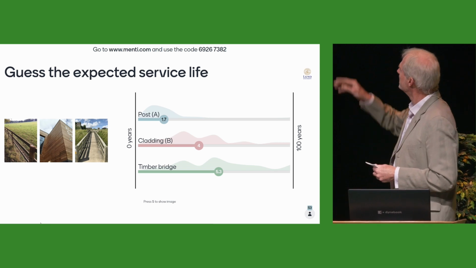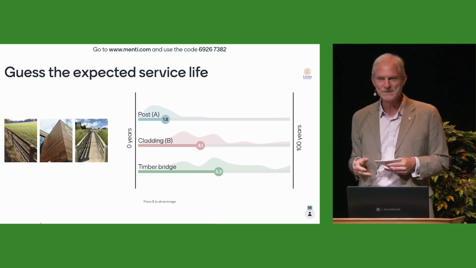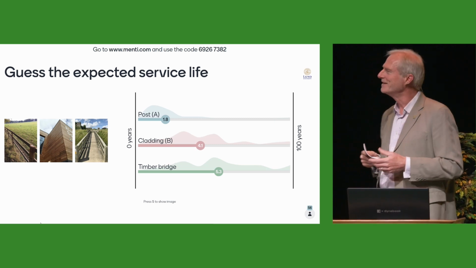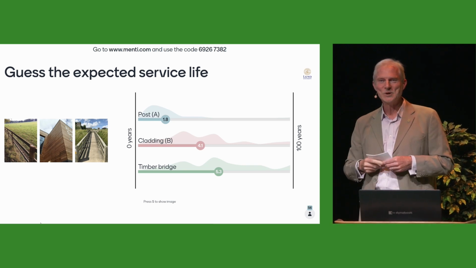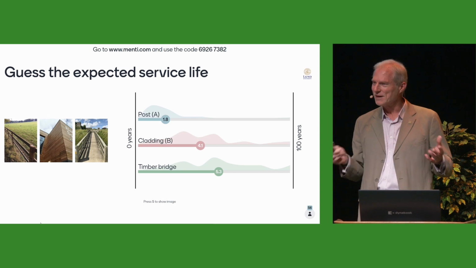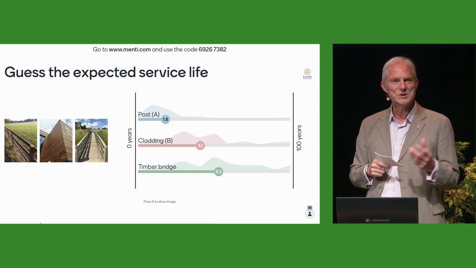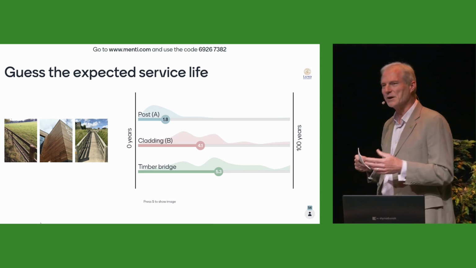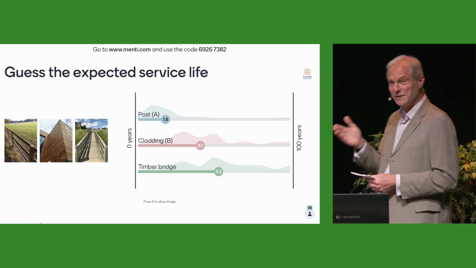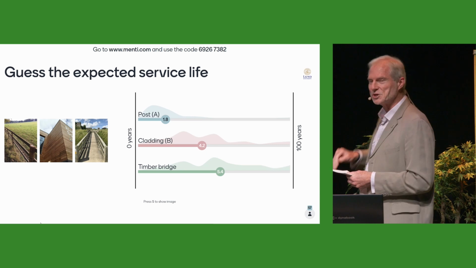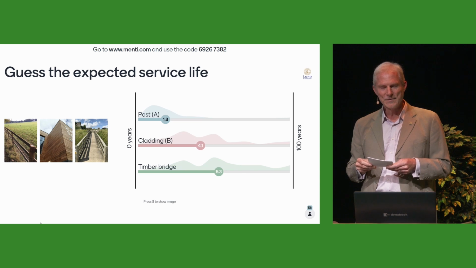So our timber post in the ground is coming out at 1.7, which, for the sake of argument, say that's 17 years. Our cladding is 4.1, so 41 years. So that's a pretty decent expected service life for exterior wood cladding, perhaps. Although we all, I'm sure, might be able to cite examples where it is much, much older. And therein comes part of our culture around maintenance and looking after buildings, and our heritage as well. And then our timber bridge, we've pushed into the 50-year service life bracket. So that's really interesting.